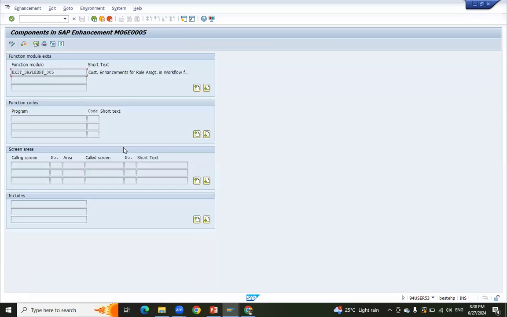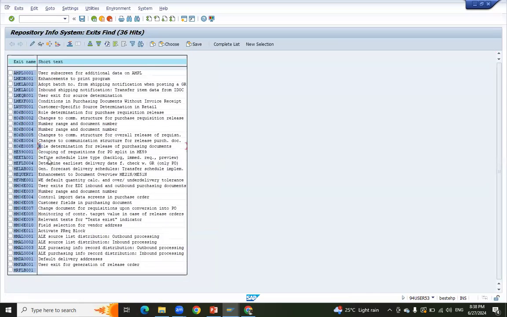Role determination for release purchase tracking, defines credit line types. Determine release delivery. Enhancement to document overview. Default quantity calculation over undelivered items. User receipts for EDI inbound. Number range, control import data, customer pays, change document, monitor, relevant text exits, relevant text exits indicator, vendor address, field